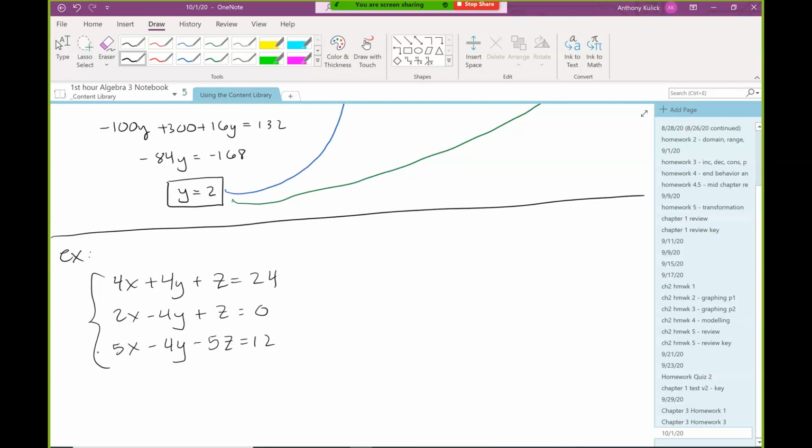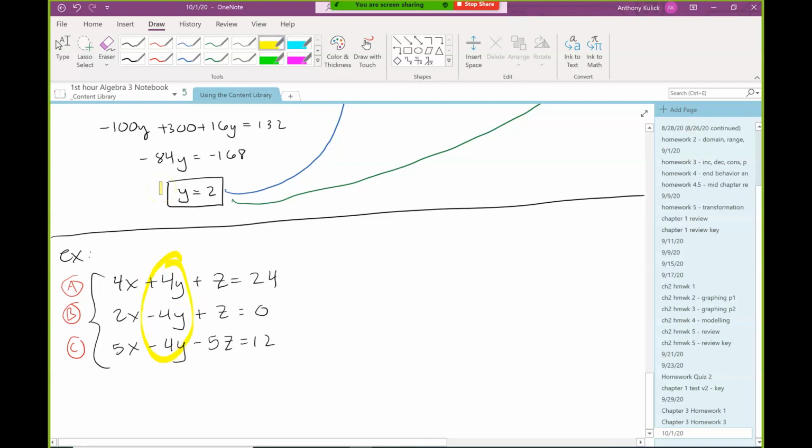So the place to start here would be looking at our equations A, B, and C. What looks to be the easiest variable to eliminate? Not that there's a wrong answer, any variable is fine, but if we can make our life easier, let's think ahead a little bit and see if we can notice anything that would make this easy. Who thinks the y's would be the best one to use? I think that's going to make life the easiest,